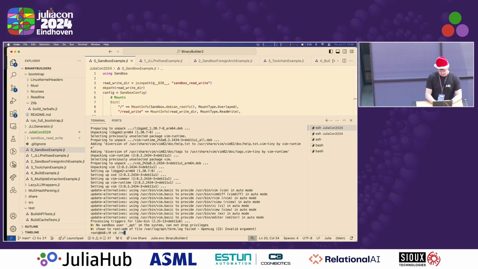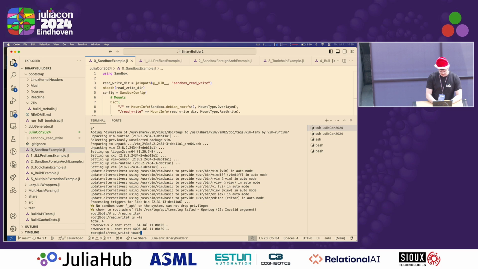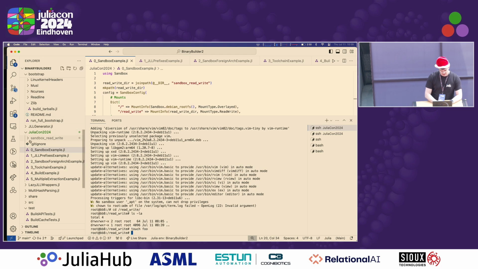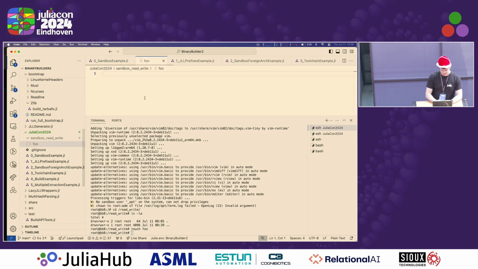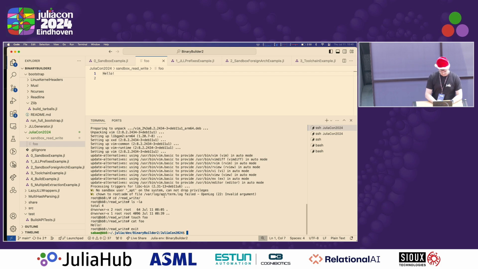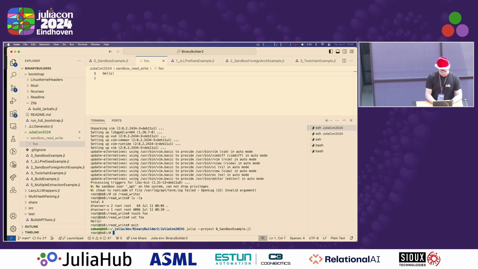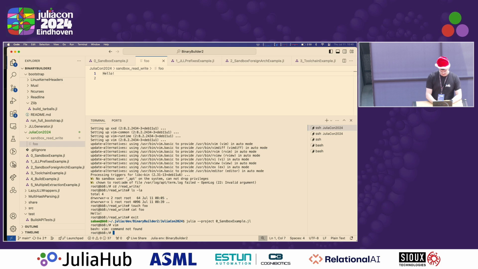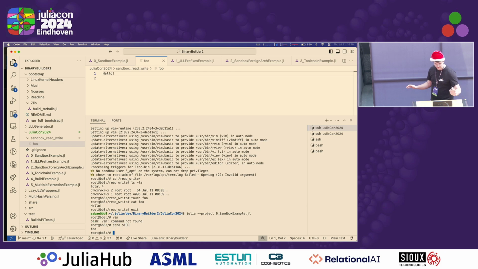However, if I go into the read-write directory, I can touch foo here. And over here, you'll see that there's a foo file here. I can edit it here on my host system. And then I come down here, and it's there, right? So bidirectional communication. This is how we save our JLL outputs. Everything's good and happy. Oh, and just so you know, the things I said were true. There we go. Everything's demonstrated. Awesome.